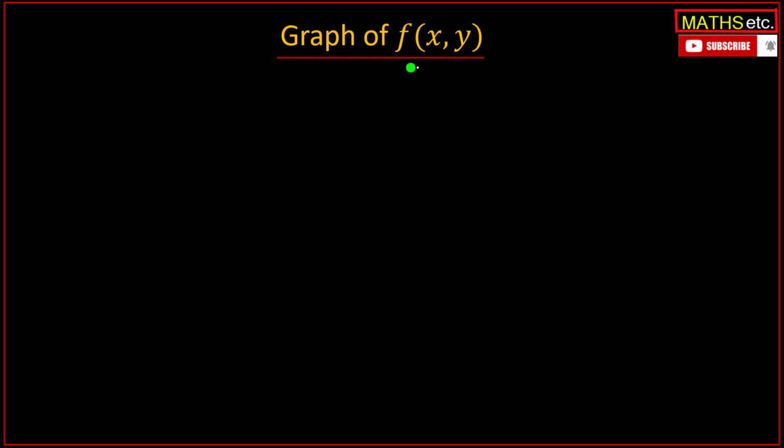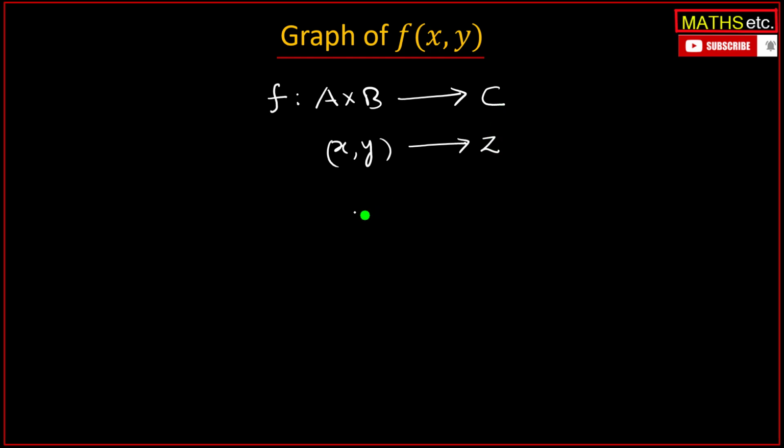So what is graph of a function of two variables? Now before understanding it, let us see what is meaning of a function of two variables. So a function of two variables denoted by notation f, say from this set A cross B, Cartesian product of two sets A and B, to another set C, is a rule which assigns each ordered pair (x, y) in this set A cross B to a unique element z in C by a rule, and that rule is